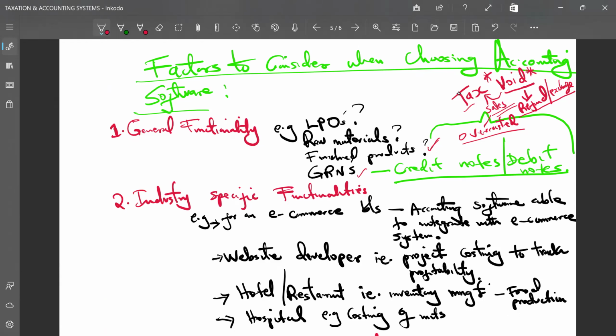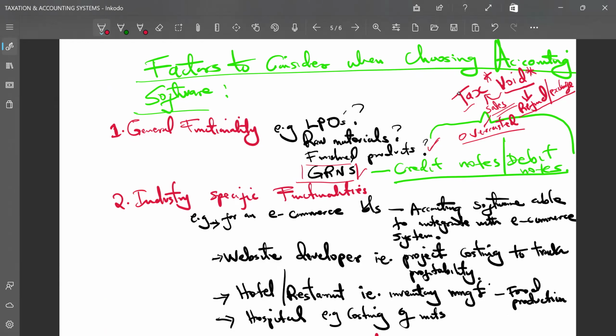Now, what happens on the debit note? A debit note comes in when you buy your raw materials or you buy your goods. If you are dealing with buying and selling, you buy your goods, you're supplied with the items, but then you reject some of them. You've already generated your GRN, your goods received note, from your system. At this point, depending on the inventory management system you're using, they will handle it in various ways. So, whenever you reject some of these goods and they're returned to your supplier, there is a debit note that you are supposed to keep documented.